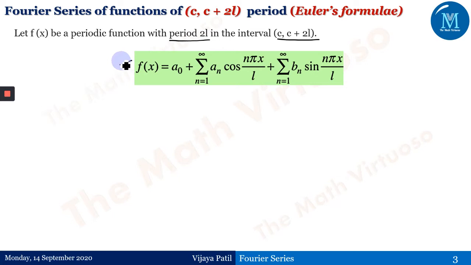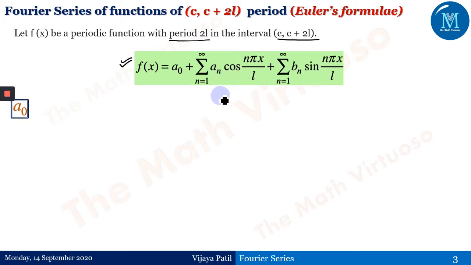We have seen in the last session that this is known as the Fourier series: f of x is equal to a0 plus summation of an cos of n pi x by l, n moving from 1 to infinity, plus summation of bn sine of n pi x by l, n moving from 1 to infinity. So if you observe, this f of x has been expressed as a constant plus some constants into the cos terms plus some constants into the sine terms. This is nothing but the Fourier series expansion.